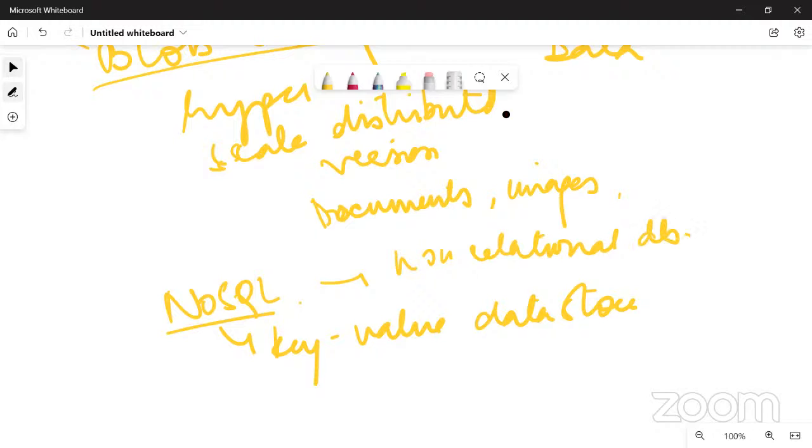Talking about NoSQL here, NoSQL is a non-relational DB, meaning it allows different structures than a SQL database. There are no rows and columns or tabular structure over here. It gives you more flexibility to use a format that best fits the kind of data that's incoming. So NoSQL doesn't mean that you don't have to use SQL. NoSQL sometimes supports some SQL commands, but the correct term is not only SQL.